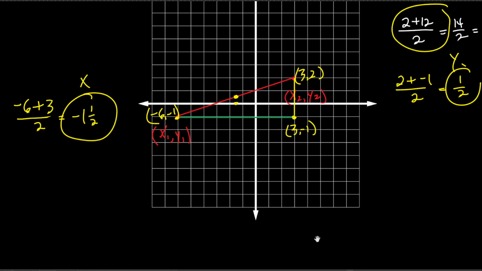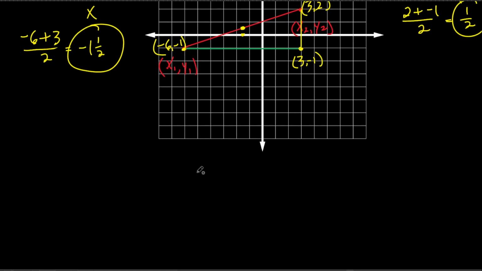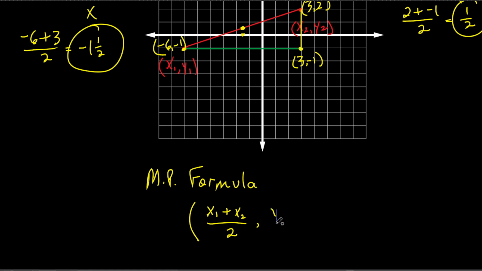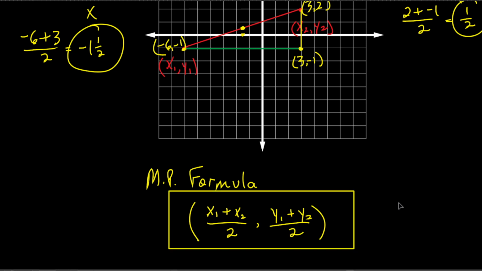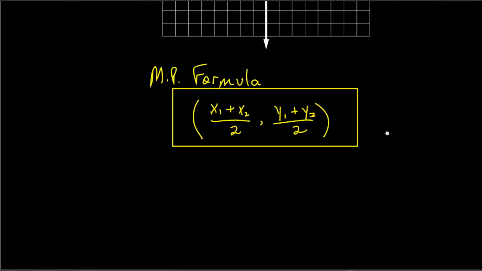Let me write the formula out with the x's and the y's, okay? So here's the midpoint formula. Now, there's no square roots or anything, all right? It's just a point. It's not a distance. It's not just a number. It's a point. So the point is x1 plus x2, divided by 2. So to find the x part of it, we add them up, divide by 2. What do we do with the y's? Add them up and divide by 2. That's right. Take the y's, add them up, divide by 2, and that right there is your midpoint formula. Okay? So what are they going to do? They're going to say,